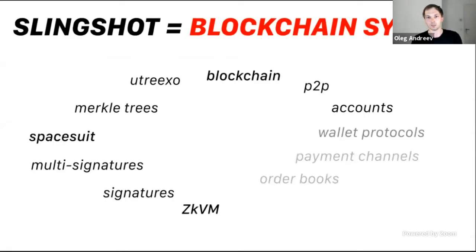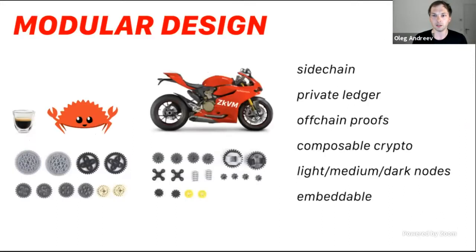Now, specifically, the Slingshot project is this entire blockchain system where there are many components. You have peer-to-peer networking, some cryptography, signatures, zero-knowledge proofs, some high-level concepts like accounts and protocols for the wallets, and some nitty-gritty things like the transaction format. The whole project is effectively providing you with building blocks that allow you to build the system suited for your needs, because it's not quite clear